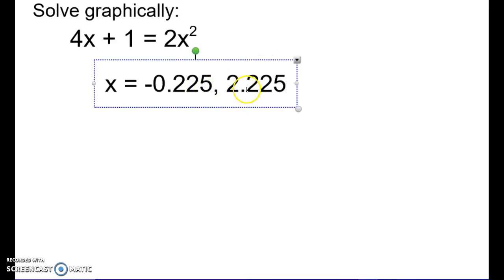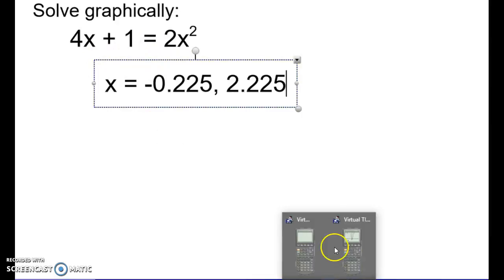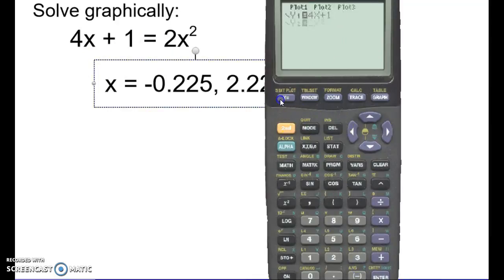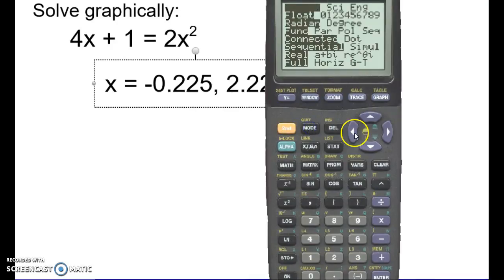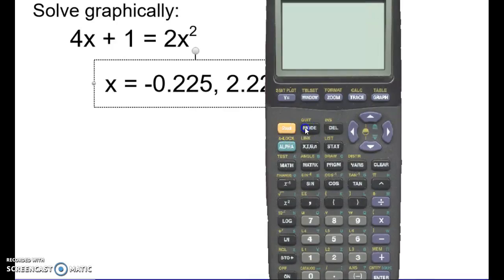So now I have two x's that will give me the same y. Of course, they're rounded, so if I check this, it's not going to be a perfect check, but it'll be close. So let's try that. We'll do one of them. Okay, so 4 times -0.225 plus 1.